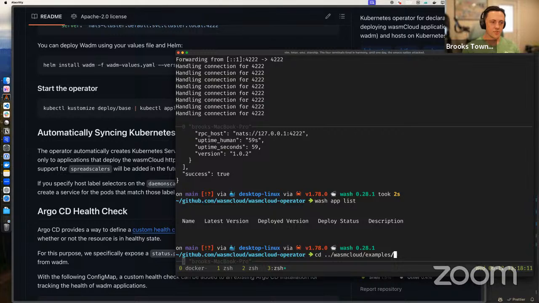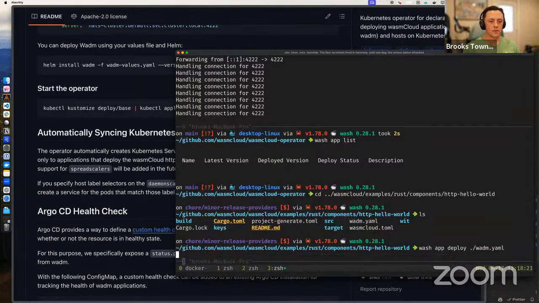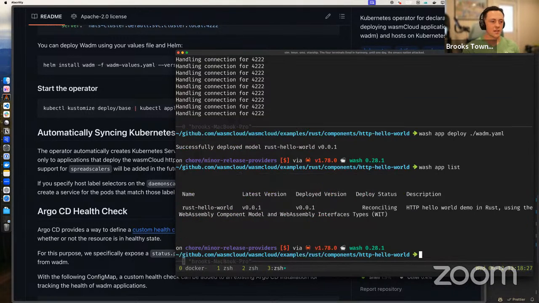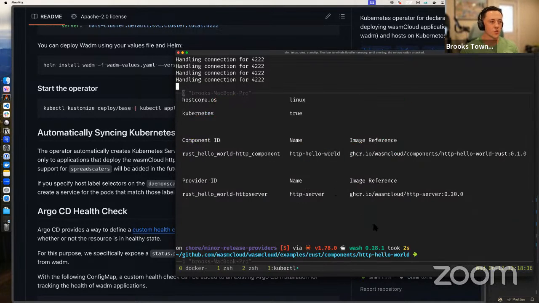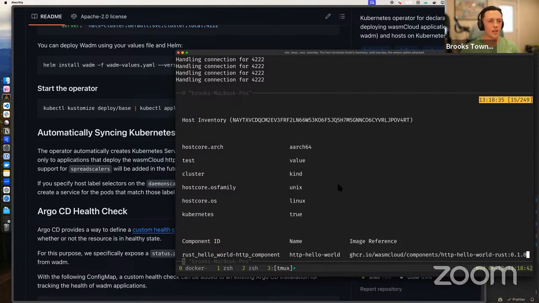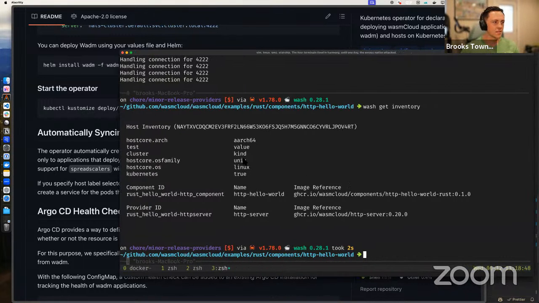So if I go out to the wasmCloud example components and take something like the HTTP Hello World application, I can do a wash app deploy of wadm.yaml. If I take a look at wash app list, we can see that that starts reconciling pretty much immediately because that's on the wadm side. We can take a look at the inventory of the host. See, now we're running our HTTP Hello World component and HTTP server. This one is on our Kubernetes node. And this is actually a part of the demo that